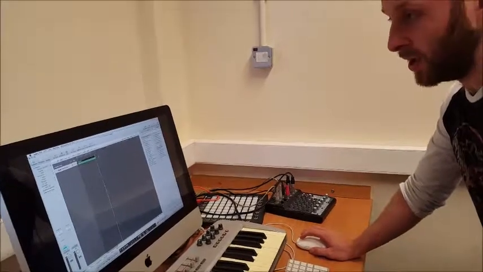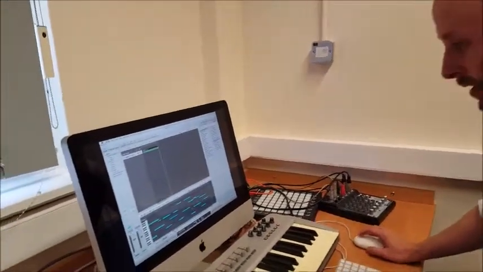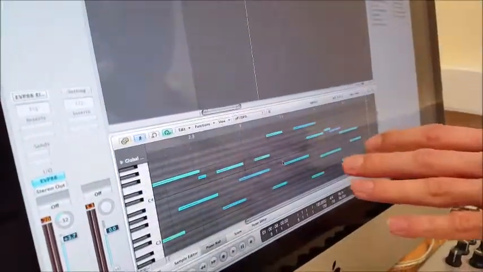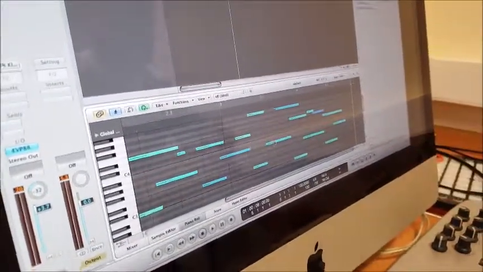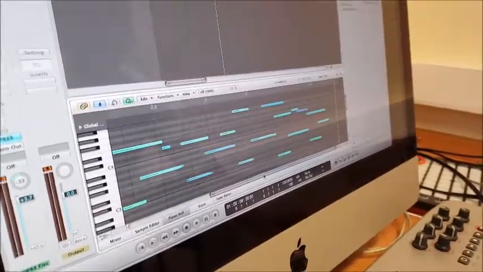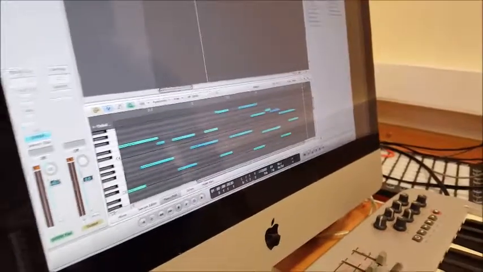What it allows me to do on the keyboard as well is that when I'm recording, if I put the piano roll up here, we can see that the velocity is all in blue at the moment, which means that the keys are being pressed fairly lightly. What we can do is actually change the velocity. This can be done in the DAW itself when notes are clicked in, but with the instrument,